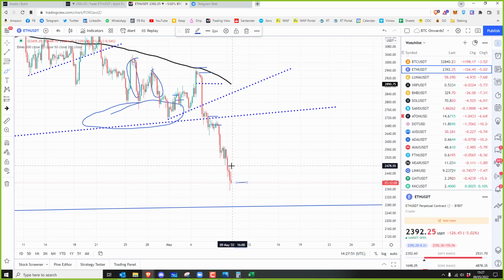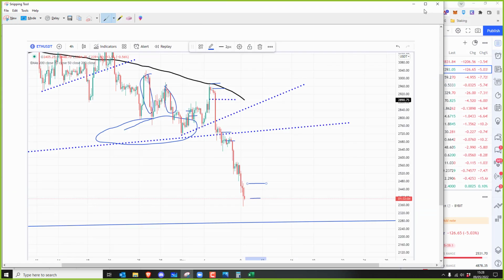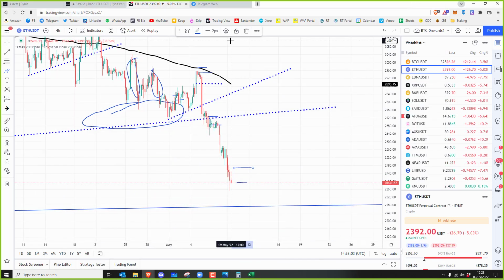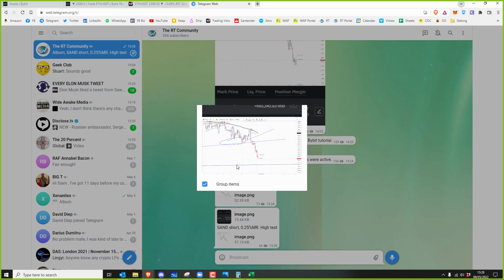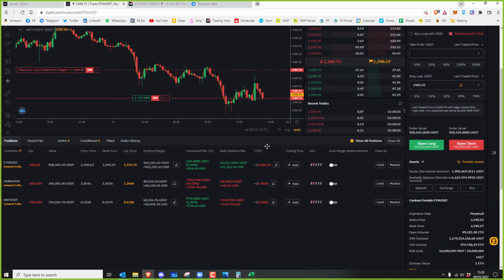I'm getting in there. Something like that. Obviously these screenshots where I'm drawing these lines are very rough, but all I'm trying to do is get you to look at it yourself. So you look at the screenshot and go, oh yeah, I see what Simon's done, and then you choose your own stop loss there or thereabouts. And obviously in an ideal world I wouldn't be texting all of these out because I'm losing time every time I do this. 0.5% max risk. And I'm not too worried about these trades because we've got a lovely profit buffer that we're sitting on right now.